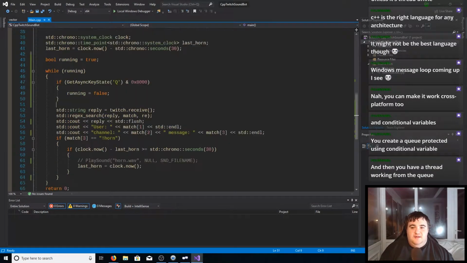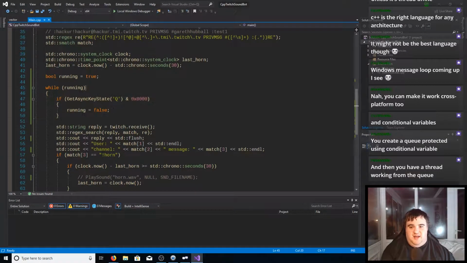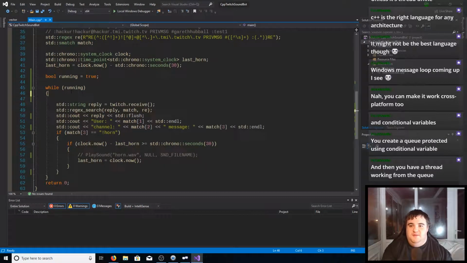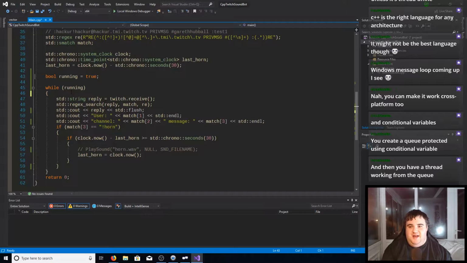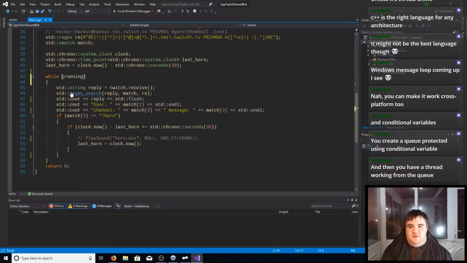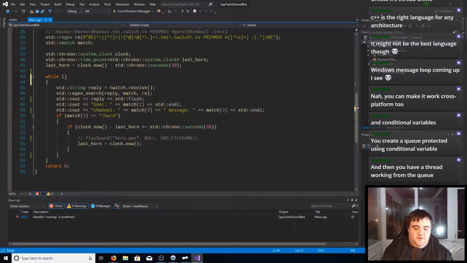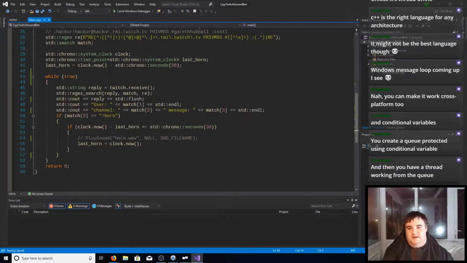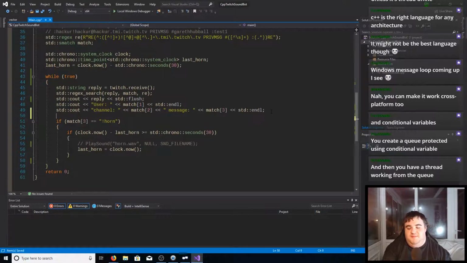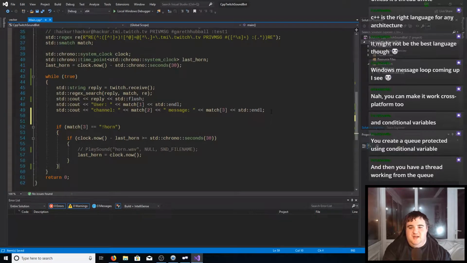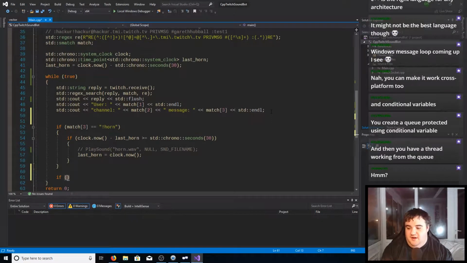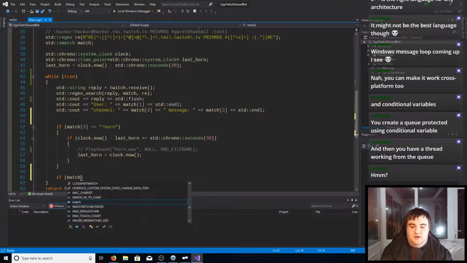Shall we go away from this idea for now? Because quitting the bot, to be fair, I don't care if we're going to have to do it in a bit of a nasty way. I'm going to put the word true in there just because otherwise someone's going to shout at me. Probably Voodoo32. And let's have a look at parsing multiple commands, because we could easily do something like carry on with this if match